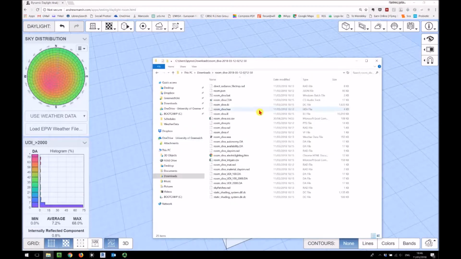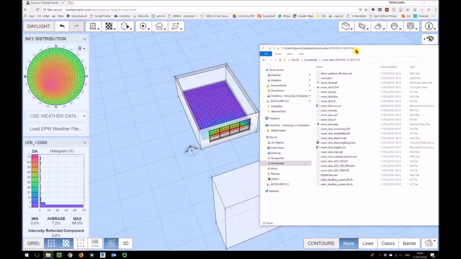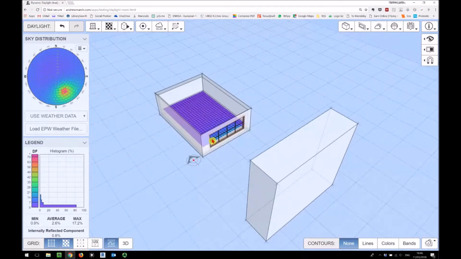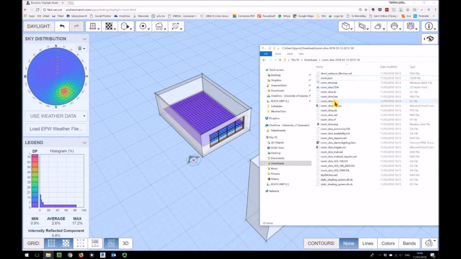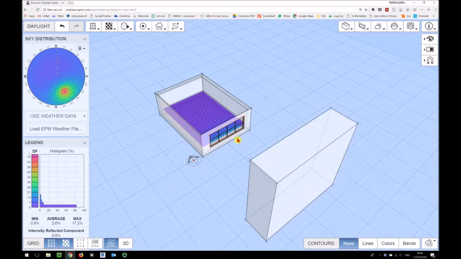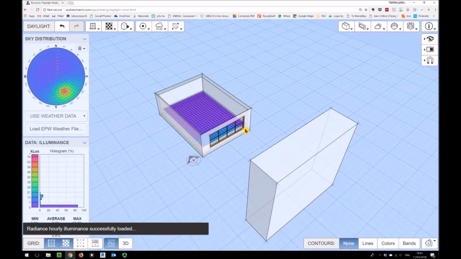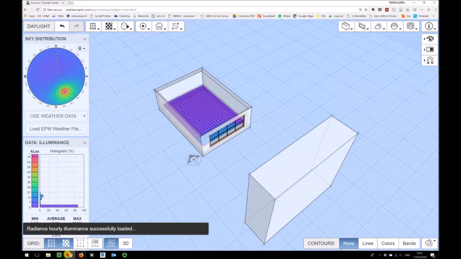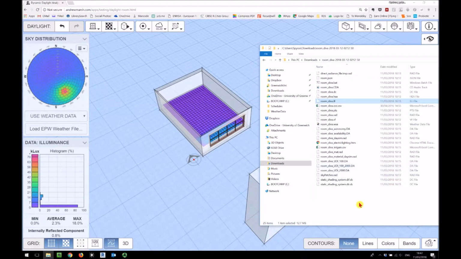So if I drag something I have calculated previously, and I go to the JSON file, drag it in, this is this model. What I can do is, next to this, drag the illuminance file, roomdiva.ill. That will give me the yearly illuminance per hour for this particular model. It takes a while to load, but it's all in. And then on top of this, what I can do is click on the WEA file, which is the weather file that DIVA is using,